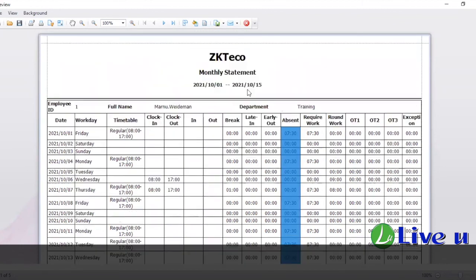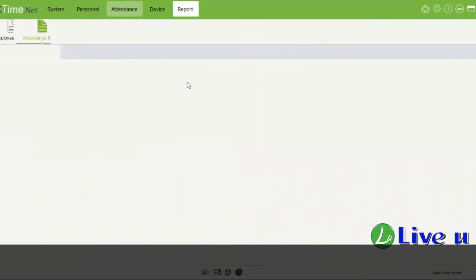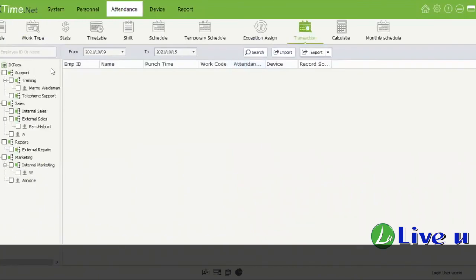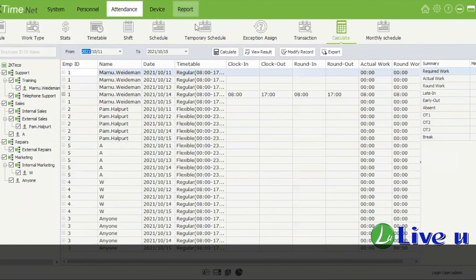So if you would like a weekly report, you can always just calculate for a week instead. So you'll just go here, for example. I'll just select everyone and I'll calculate from the 11th until today. I'm going to search, or no, calculate. I need to calculate, not search. My bad. Calculate from the 11th, calculate until today for everyone. There we go. Then if I go to reports,